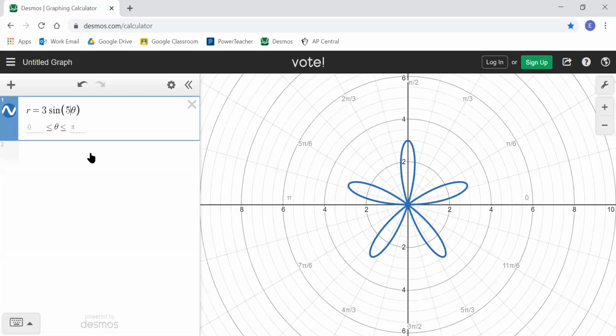But I'm really not going to have you graphing these so much that you need to know the exact little coordinates of each thing. I just want you to know the basic general idea of it. Like, hey, this one is sine 5 theta, so it's got 5 petals, and the first one goes out there at pi over 10. That's good enough for me, because all we're going to do is say,